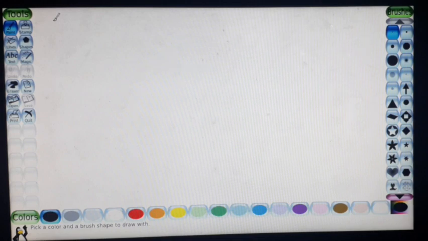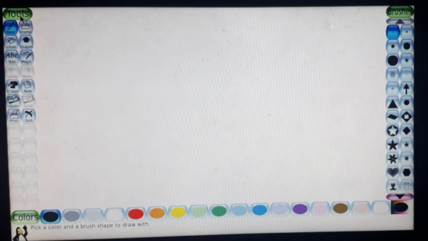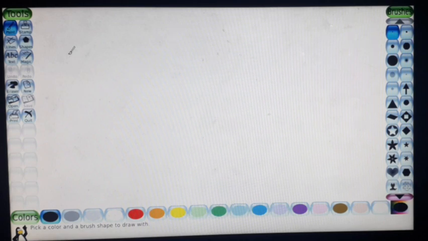These are the parts of the Tux Paint window. What are the parts of the Tux Paint window? The left side, tools. Then at the bottom, the color palette. Then the right side, selectors. The center of the screen is called the drawing canvas. All of you understand. The drawing canvas is used to draw the pictures.